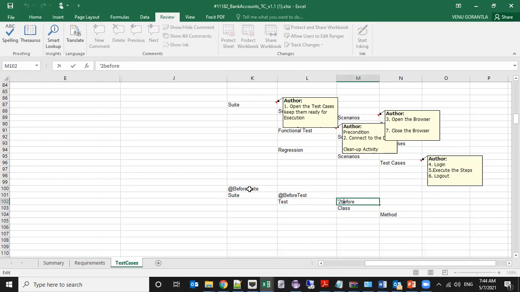The B should be caps always. Always remember this. These are predefined annotations, so we cannot go and change anything here.